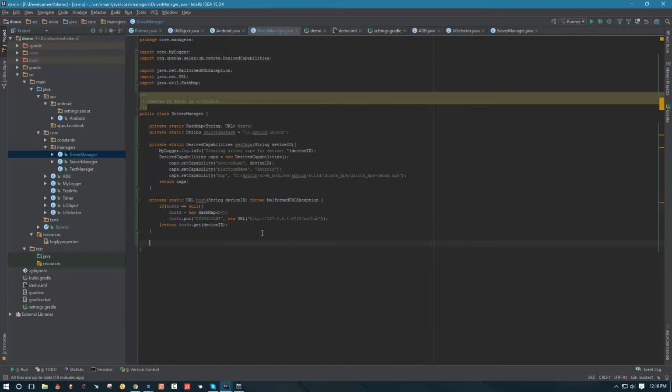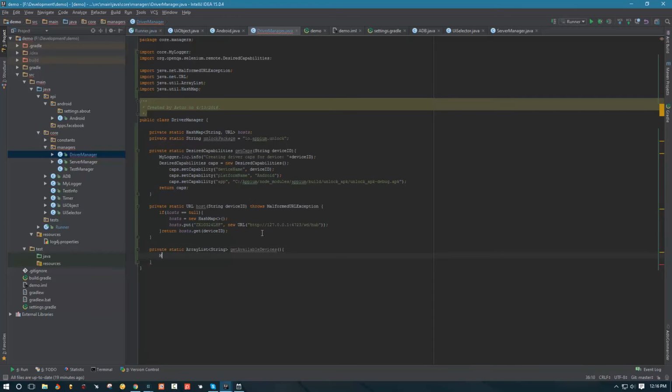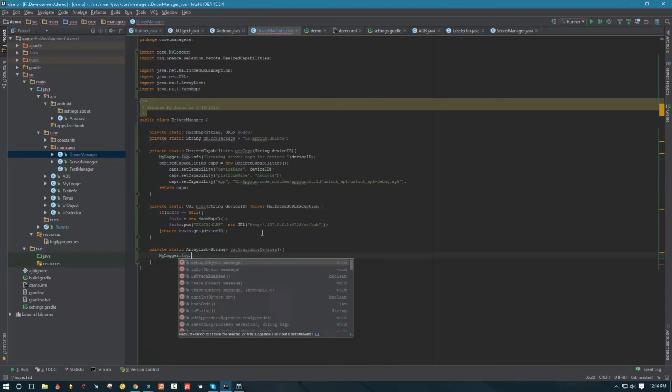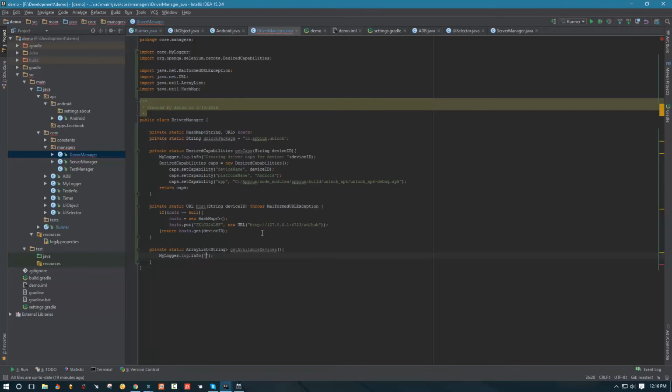And let's go to our next method, which is going to be also private, static, and this one is going to return an array list of strings to us, and it's going to be called getAvailableDevices. And let's import ArrayList. So let's log some info in here so we know what our app is doing. So we're going to say checking for available devices,